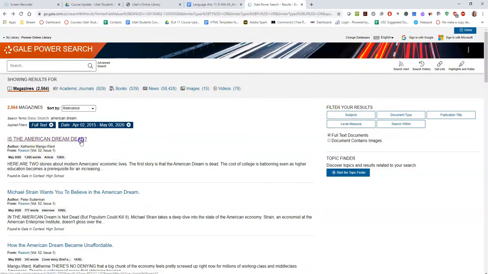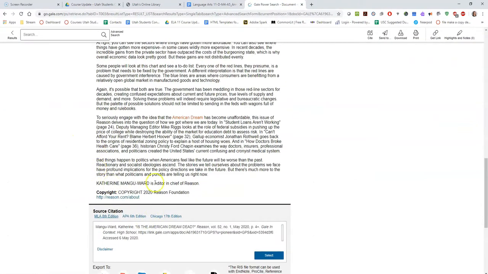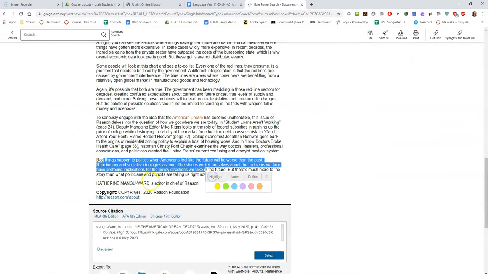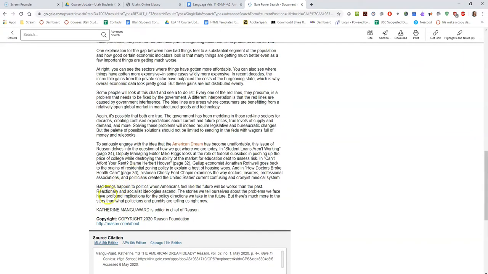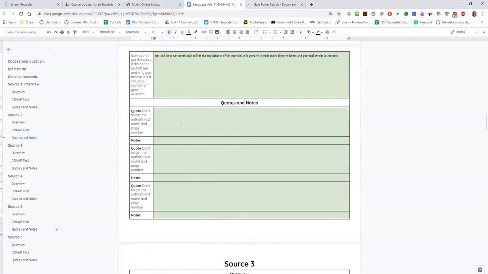So I'm going to go back to my source here. I'm going to go to the conclusion. A lot of times conclusions have some pretty good stuff, because it's summarizing what the rest of the article is about. Okay, I like this quote right here. I'm going to copy that. I'll bring it back over here